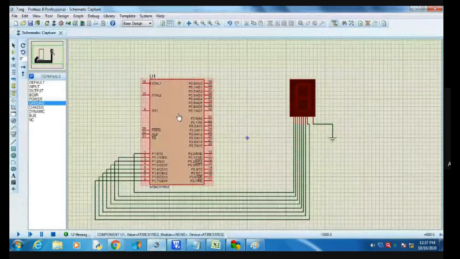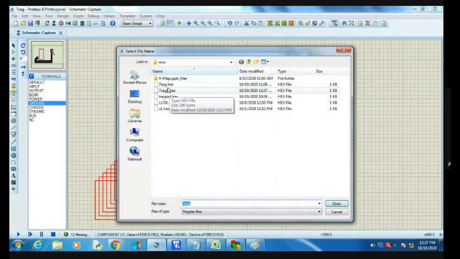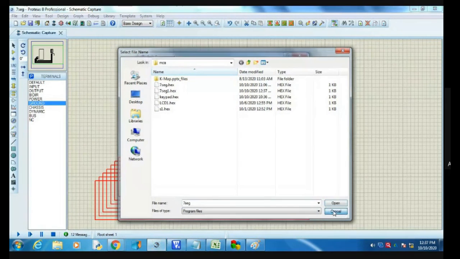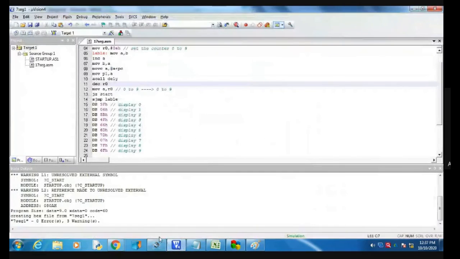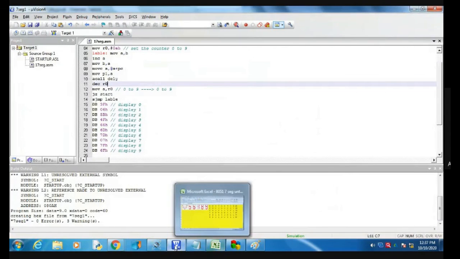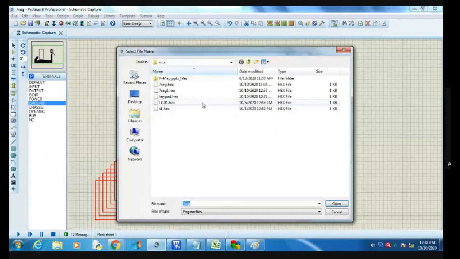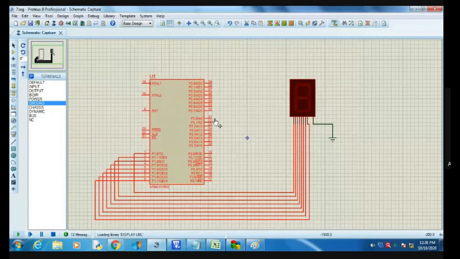Then I'm going to define the hexadecimal file here. Where is my hexadecimal file? 7 segment 1. Okay, 7 segment 1 is my hexadecimal file. Now run the program.